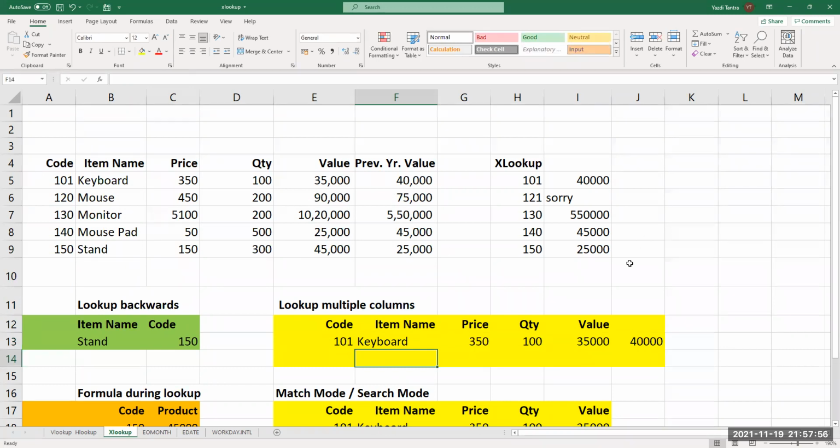See, the previous year value also has come. The title has not come obviously because you have to type it manually, but this whole thing has come in one shot. I have to write only one formula and I get my lookups for the entire range. Now, this is also very, very useful. I hope you are getting this. Because we are doing only one formula today, and it can be a little complex if you don't get it.